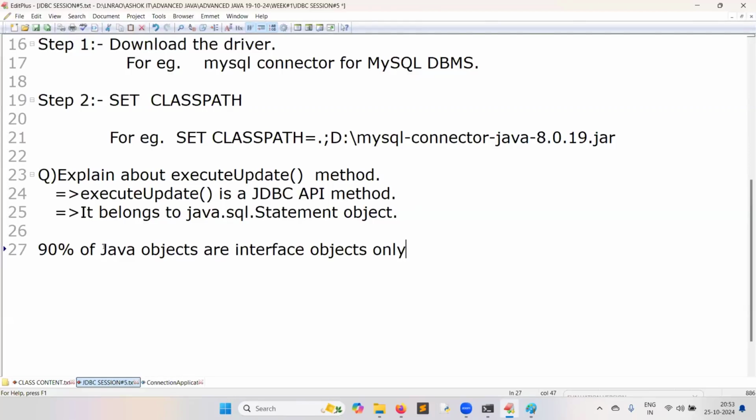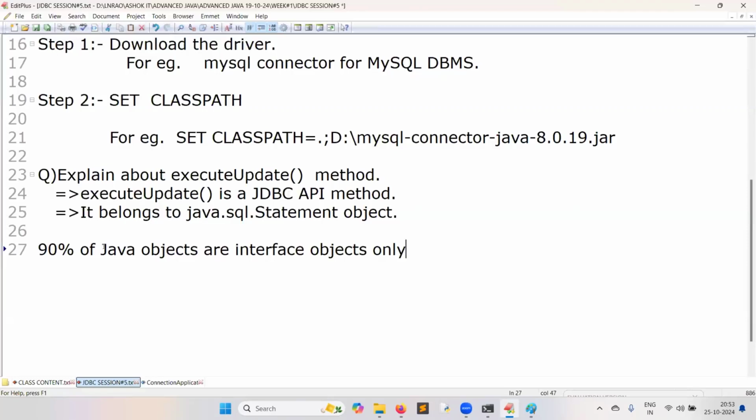No sir, in core Java we learned that an object of an interface cannot be created. Yes, it cannot be created. What is the meaning of an interface object? The reference is of interface type, and the object is of its implementation class type.